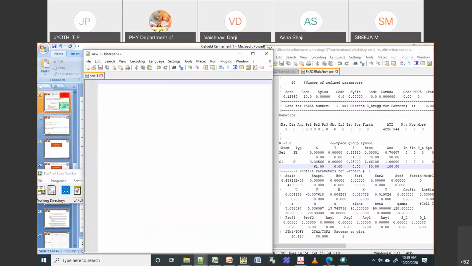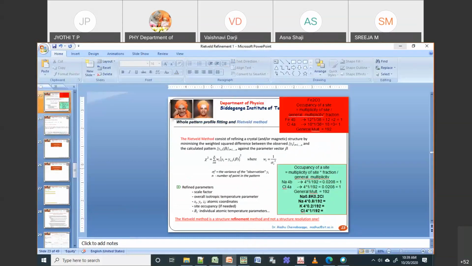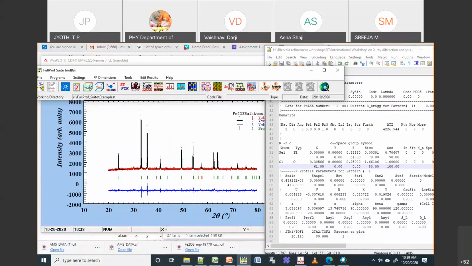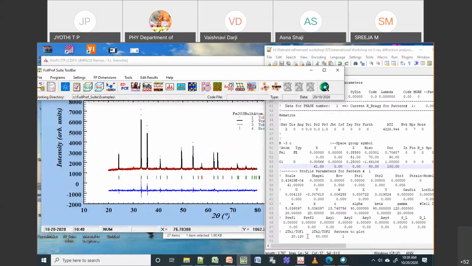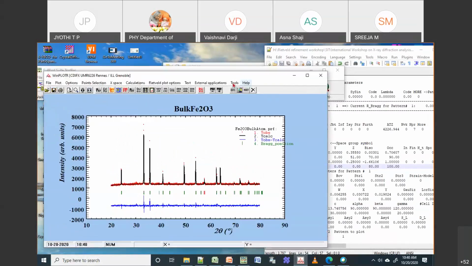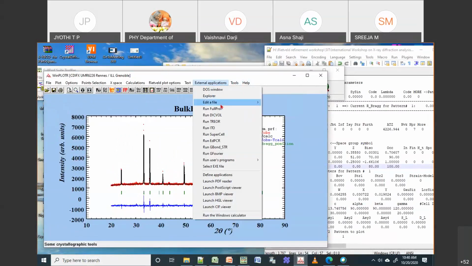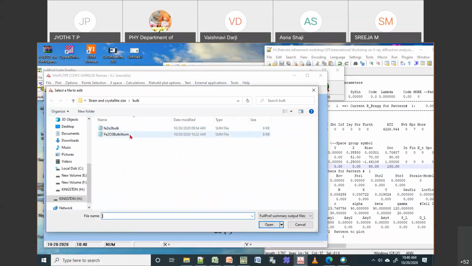Then what are the things you can look at here is you can go to that out file and you can look for the. So I think there are too many things on the web. Okay. I will close this. Okay. So what you can do is you can go here, you can go to tools and then external one, then you can open the sum file. Okay. So sum file for your